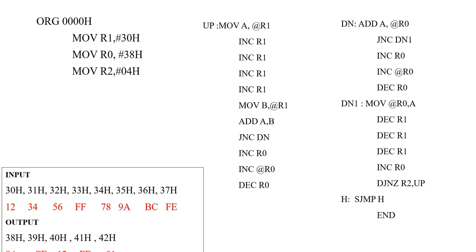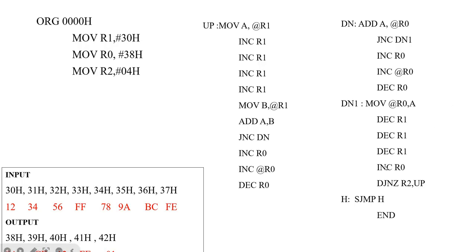Now the previous byte of the first number was at 30H. So after incrementing these 4 times, we have come to what? 34H location. Now again we have to go back to 31st location. For that we have to execute these 3 decrement instructions. In 16-bit addition we used the decrement instruction only 1 time.